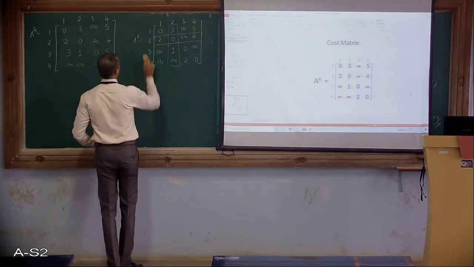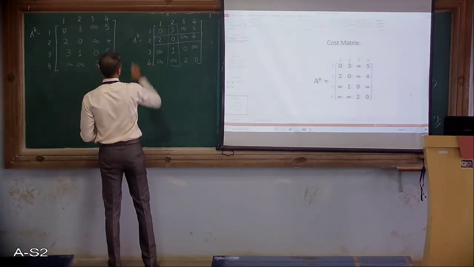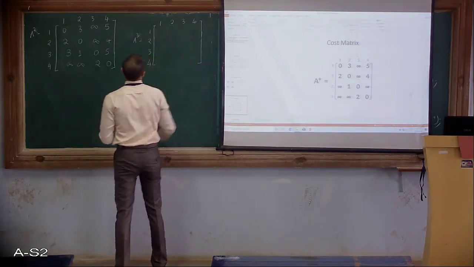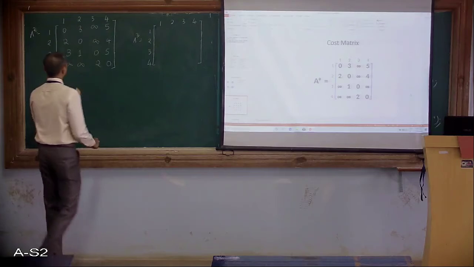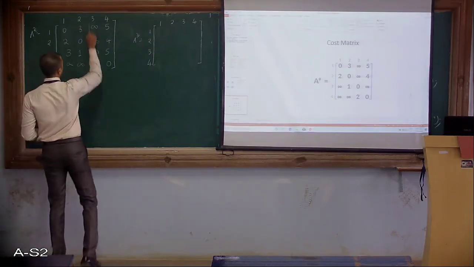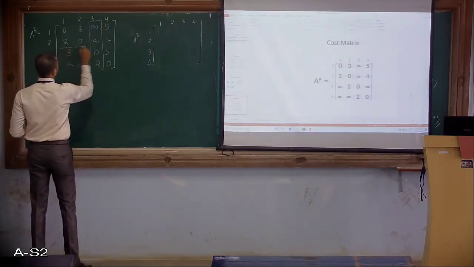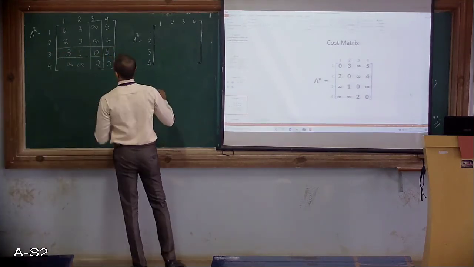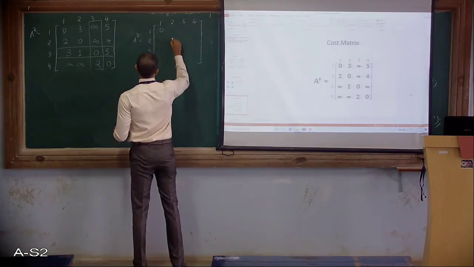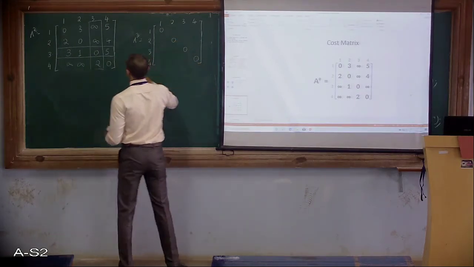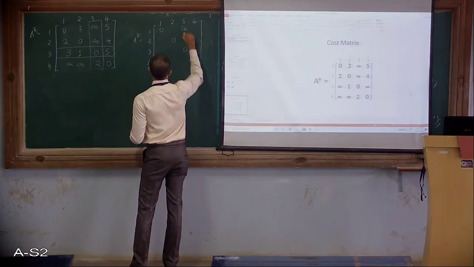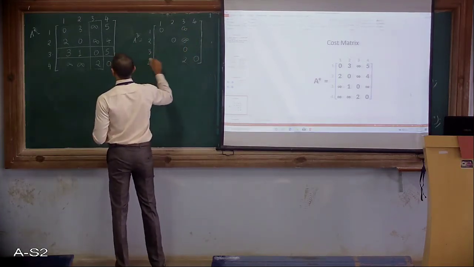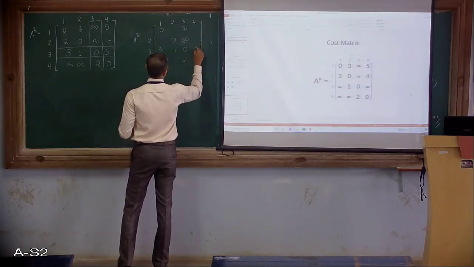Now we'll go to A3. A3 will be derived from A2. So let me just erase all of this. So intermediate vertex is going to be 3 now. So freeze the third row and third column. Write the diagonals as they are, no self loops, and also the third row and third column elements. So infinity, infinity 0 and 2, 3 1 0 5.